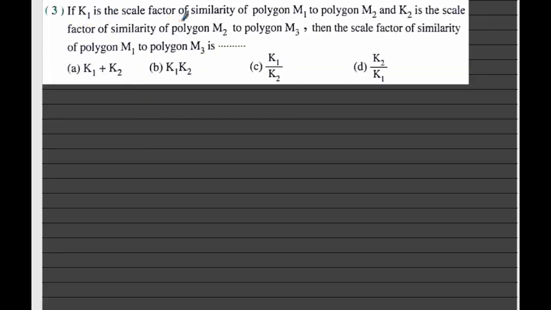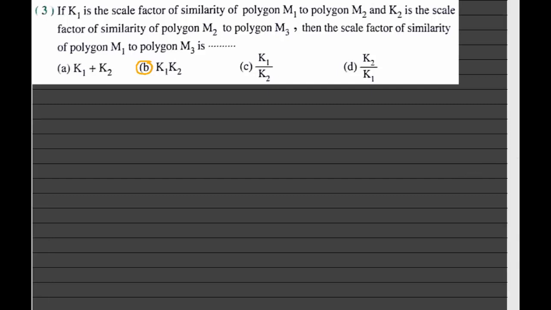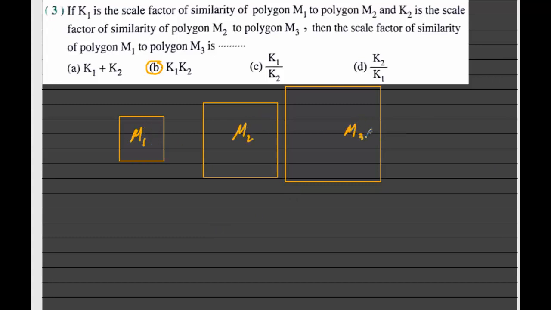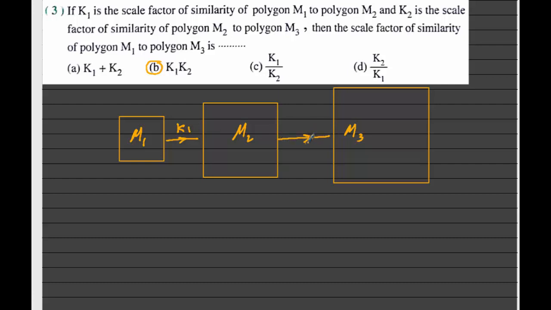Question number 3. If K1 is the scale factor of similarity of polygon M1 to polygon M2 and K2 is the scale factor of similarity of M2 to polygon M3, then the scale factor of similarity of M1 to polygon M3 is one of these. So the answer will be letter B. So how do we get it? If we have three polygons like this, it is just for explanation. It's an example. We have three polygons, M1, and I write it here, K1, and M2 to M3 is K2,